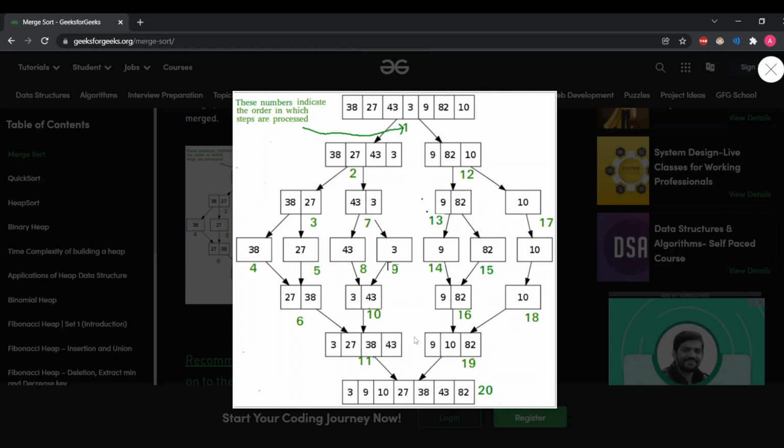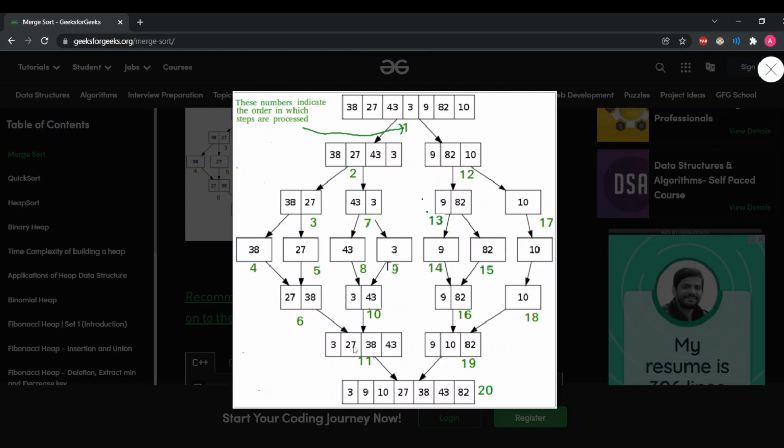We have two subarrays left, one with 4 elements and the other with 3 elements. Now these two subarrays will be compared. We'll have a pointer at 3 and another pointer at 9. 3 is compared with 9. As 3 is less than 9, 3 will come first. The pointer will move to 27. Now 27 is compared with 9. So 9 will come first and the pointer will move to 10. Now 10 is compared with 27.